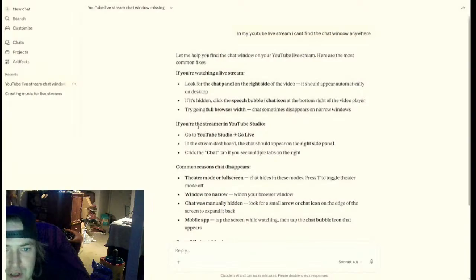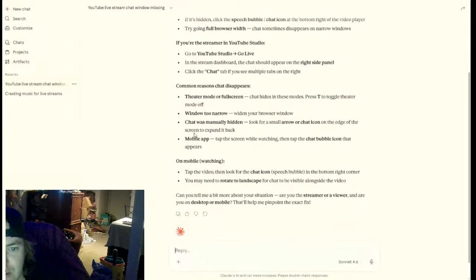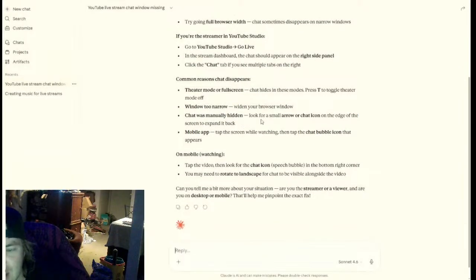If you're the streamer in YouTube Studio, go to YouTube Studio, go live. In the stream dashboard, the chat should appear on the right side panel. Click the chat tab if you see multiple tabs on the right. Common reasons chat disappears: theater mode or full screen. Chat hides in these modes. Window too narrow. Chat was manually hidden. Look for